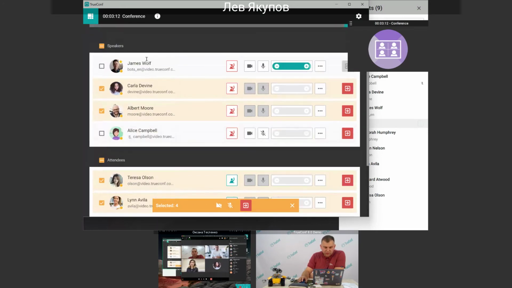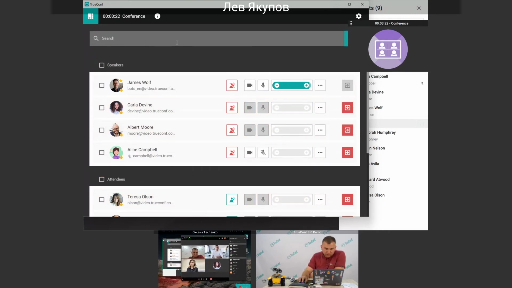multiple actions. This UI is updated. It is not available in the previous version of our application. Now it is available, so we decided to make it even better. It is useful for large meetings where you have hundreds of participants. Today we have a pretty small meeting, but when you are doing a large meeting, this is very useful